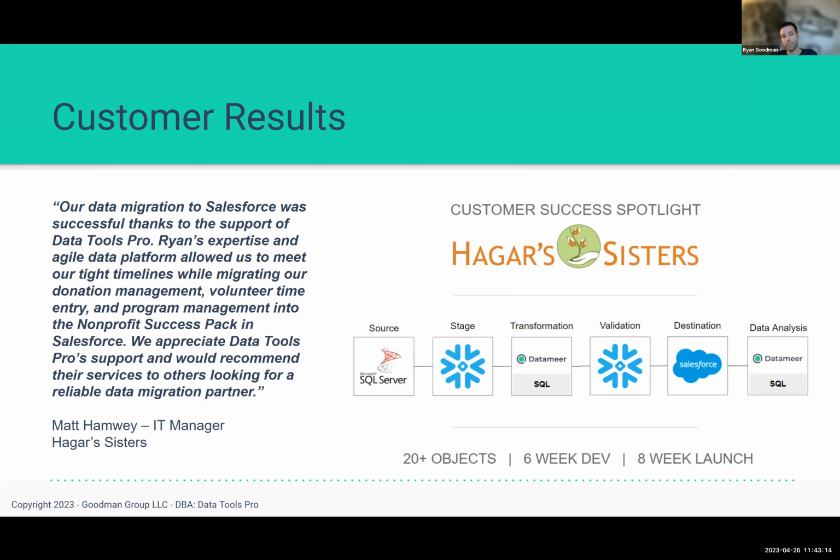And we were able to do that in 6 weeks. And they had an 8-week launch window. We were able to meet the launch window. And it was a smashing success for everyone involved. And I think more importantly for me, back to that original graphic of the pain of laying my hardwood floors,